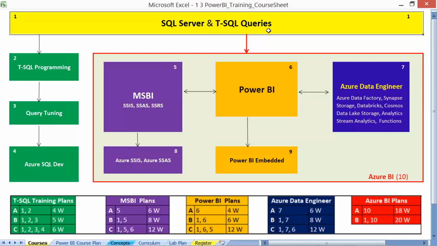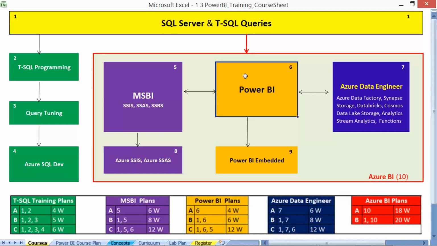We need to have knowledge on joins, group by, and relationship in box number 1, the SQL basics. Let's understand what is in this 6 Power BI and what we do at our job desk.